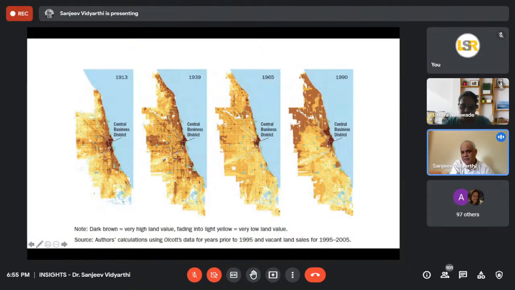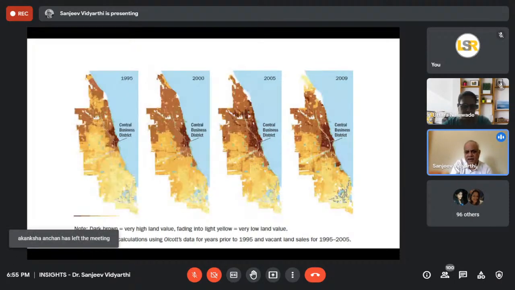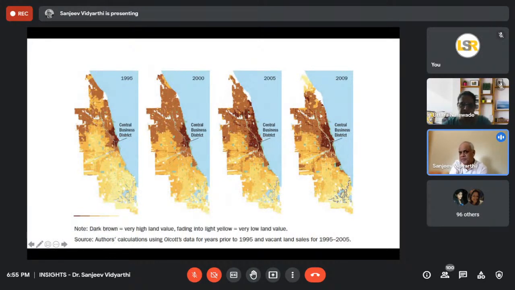See, so if you had bought a plot here 1939, by 1965 it had become less in value. And then 1990 में, the CBD expands, becomes almost like 2 CBDs. And north side, this is the north side of the city where real estate values go up, and on the south side they go down, right? See, इधर से देखें आप, and the south side में भी real estate values अच्छी खासी थी, there were pockets, and then it went down. And then what happened? And that trend continued. Once this trend sets up in the 1990s, that is sort of continued. CBD, now you look at the real estate prices, continues to grow on the south side.